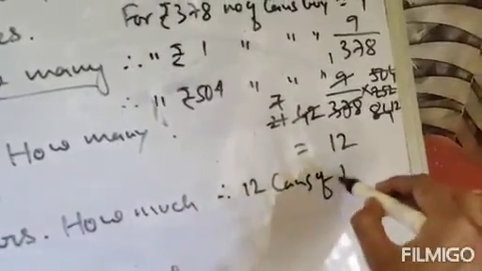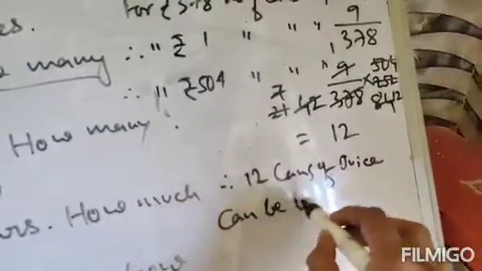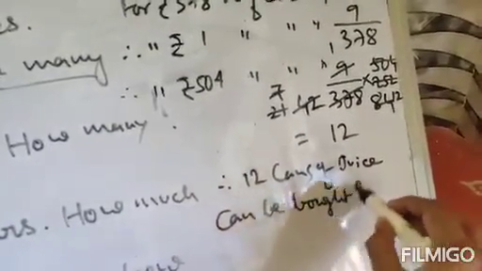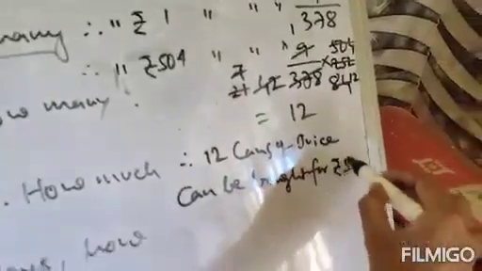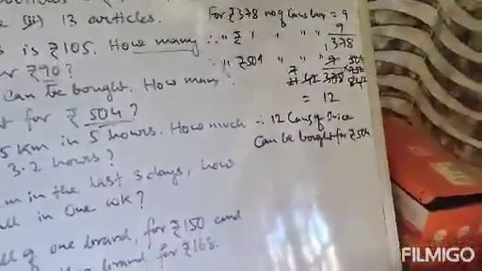12 cans of juice can be bought for rupees 504. So 12 cans of juice you can buy if you have rupees 504. Next,